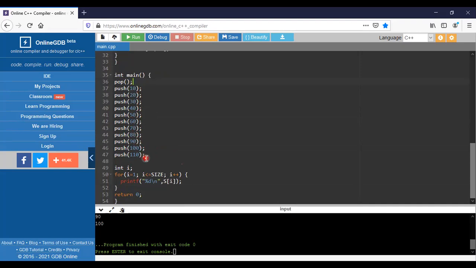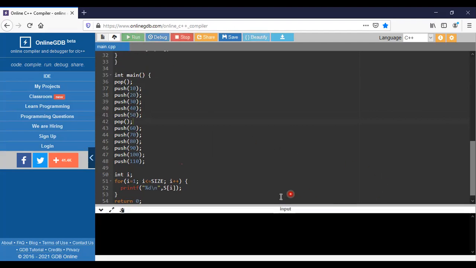These are the inserted elements here, and whenever we try to insert another element, it is being processed. I inserted an operation here. In the previous one, 110 has not been inserted. Why? Because we are using only 10 spaces here.